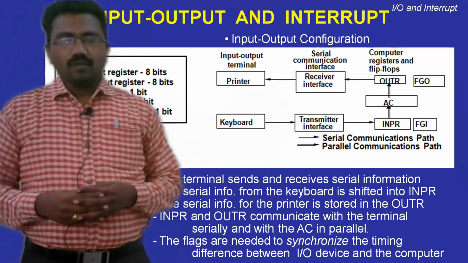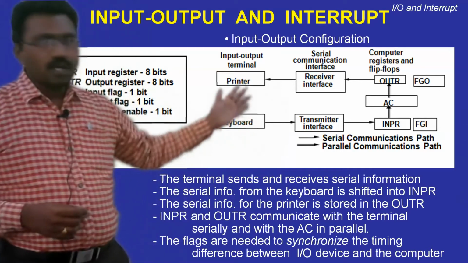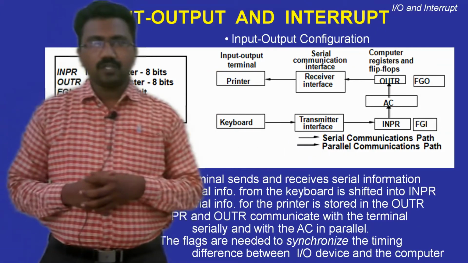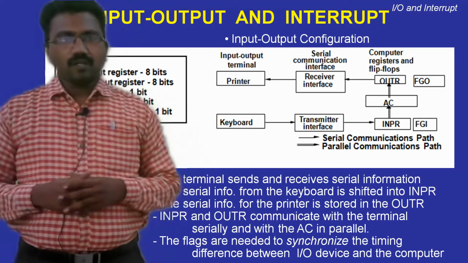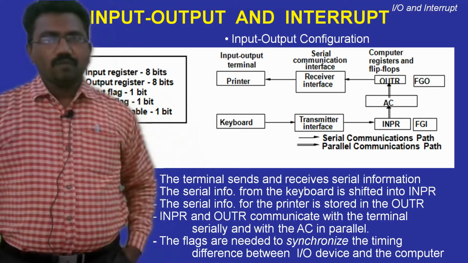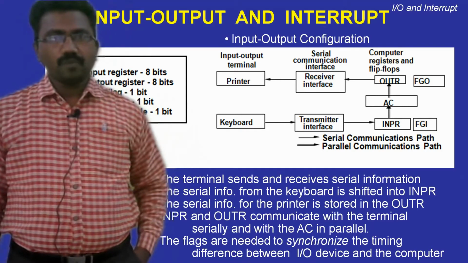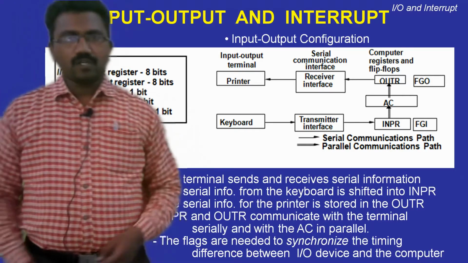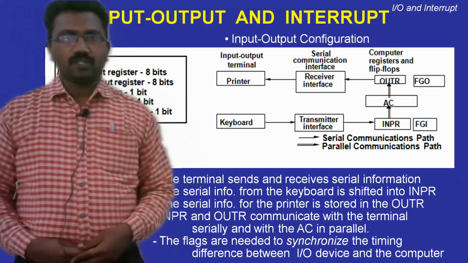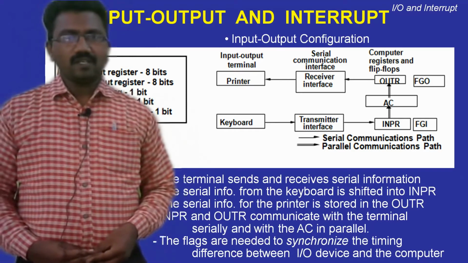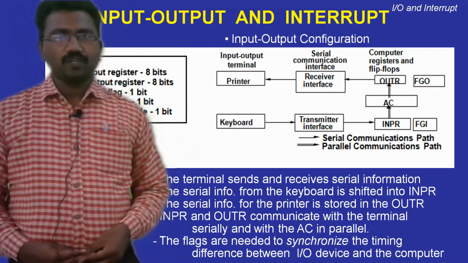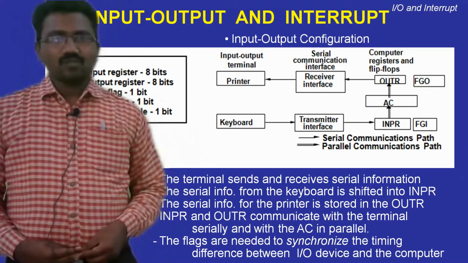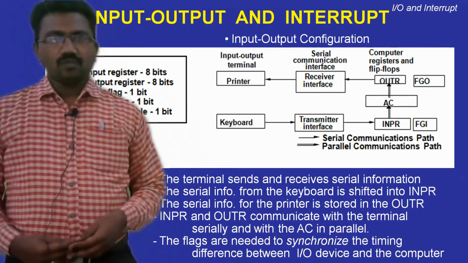Okay, so first we'll see the input-output configuration of basic computer. The major components of the computer are processor, memory, and input output. Without input and output, there is no meaning of computer. Through input output organization, the processor communicates with the outside environment. It's nothing but the processor receives the data and programs through the input unit, and the processor sends the results to the outside, that means the user, through the output unit.